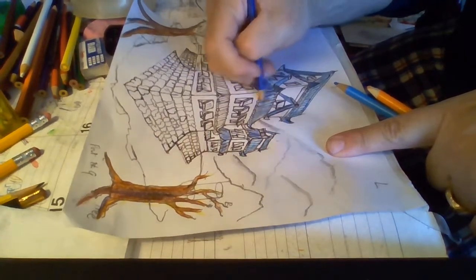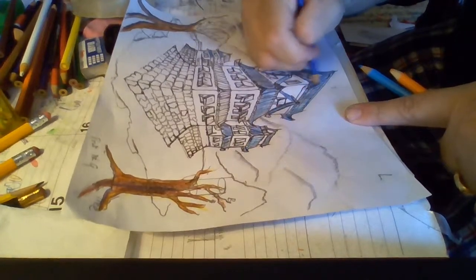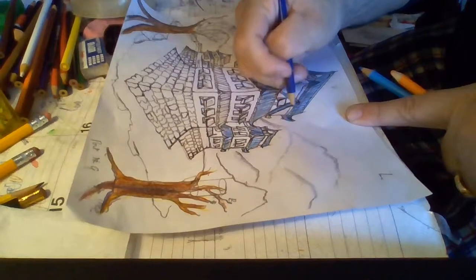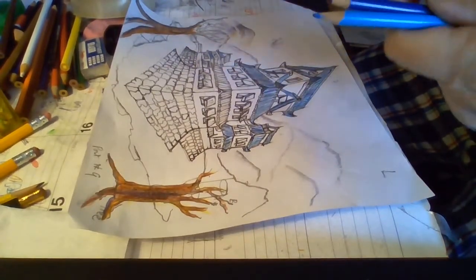And right here, well, I'm going to give it some darker blue right now. Not too much, just a little bit. Kind of letting it know the tiles are, you know. And then using a tip of the orange,